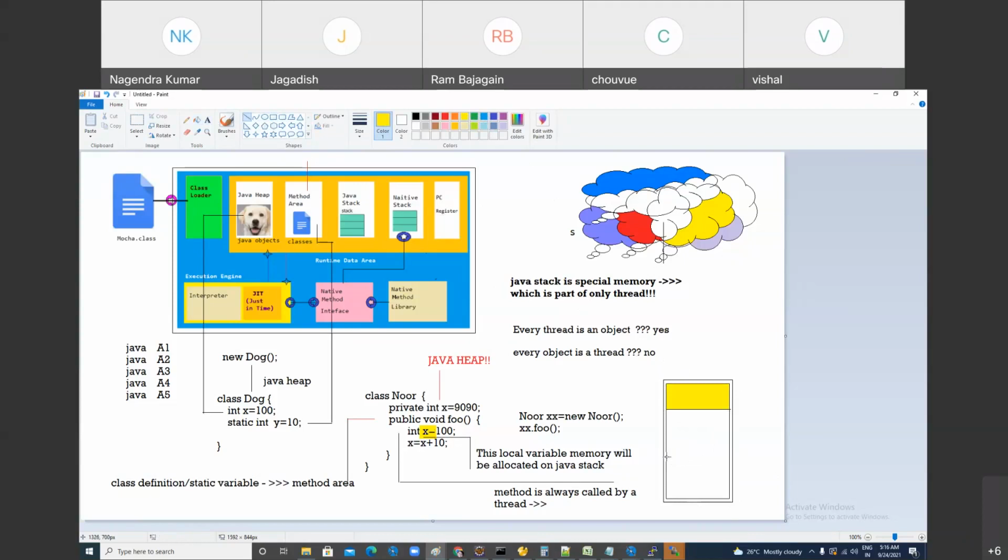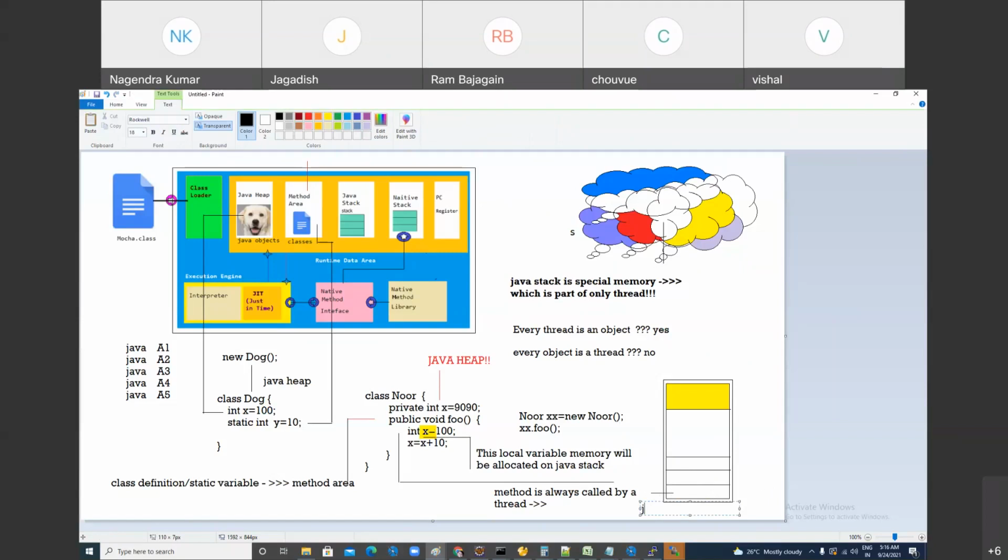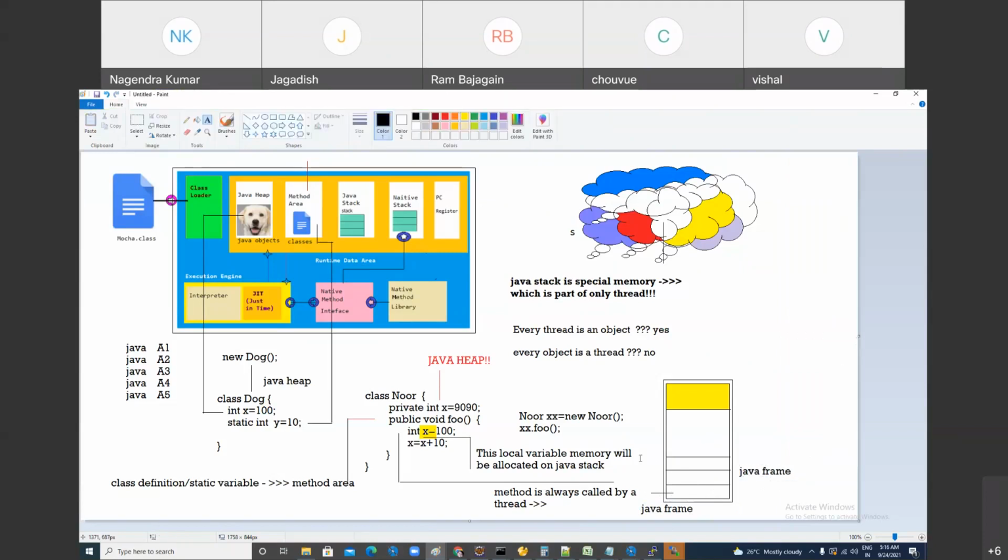And this stack is a collection of Java frames. This Java stack is a collection of what? Java frames, and each frame will represent one method, right? You got it or you got confused? Got it. I'm just making the diagram of a Java frame, a Java stack. So all together, this is called